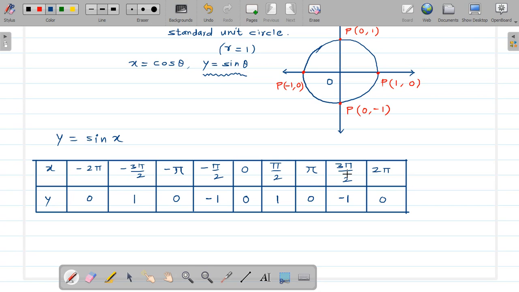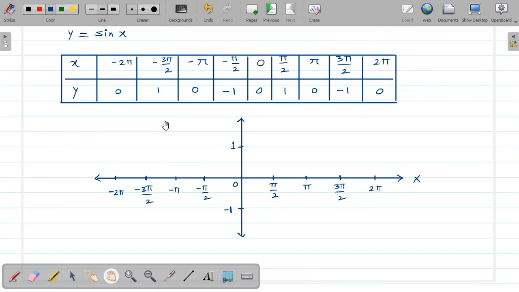Now with reference to this, we will draw the graph of the sine ratio. So let us see now. Take all the standard angles on the x-axis, and take the values 1 and minus 1 on the y-axis with proper scale, because we know that the range of the sine function is minus 1 to 1. The maximum value is 1, the minimum value is minus 1, and 0 is here. Now depending on this table, we will draw the points.